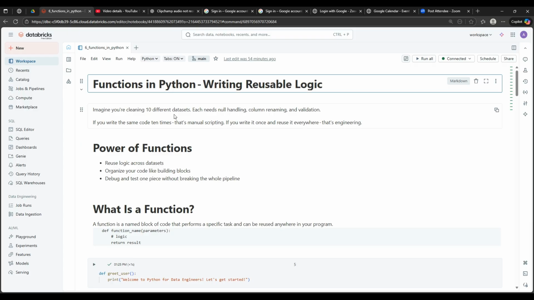Imagine you are cleaning 10 different data sets, and in each of them you have to perform certain logic like null handling, column renaming, validation. Functions help in consolidating them and creating a reusable logic which you can put at the place of your need. What is a function? A function is a named block of code that performs a specific task and can be reused